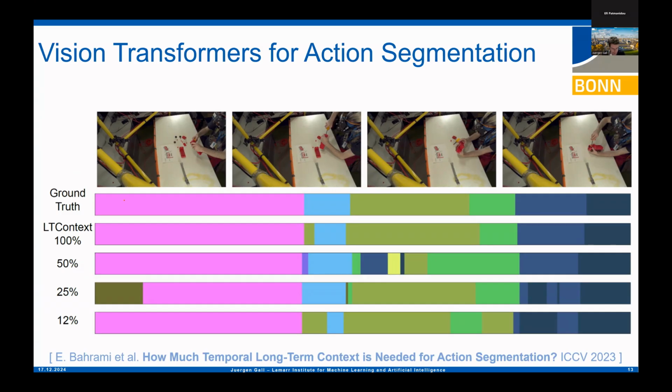In a nutshell, if you look at the results, what we did is reduce or limit the amount of context a model can take. 12% means the maximum context we take into account to make a prediction for a frame is only 12% of the video. Then we increase it to 50%, and 100% means we take the entire context of the entire video. We process videos of different lengths, therefore we take everything in relation to the entire video.